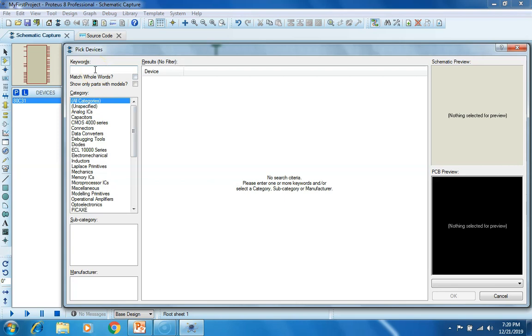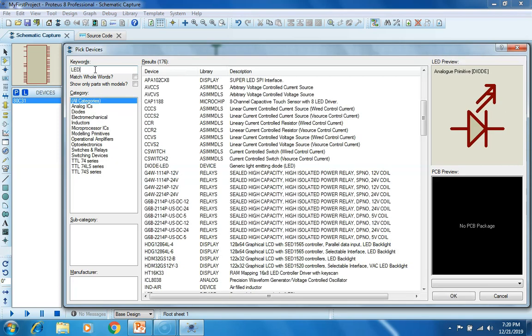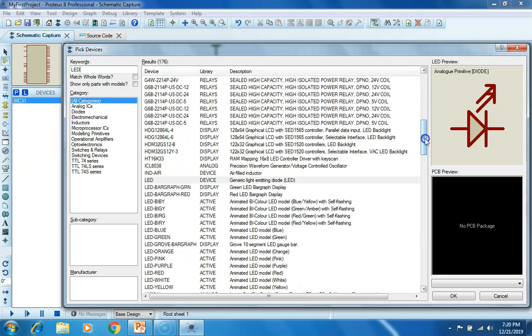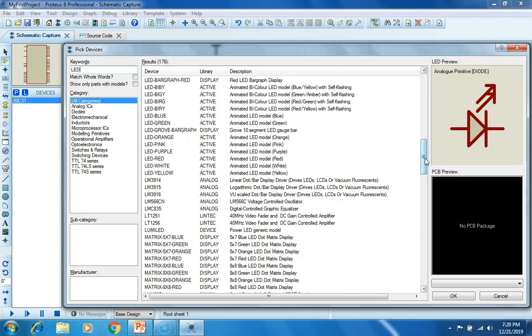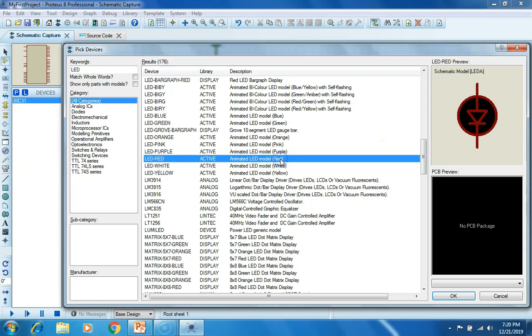For example, we want to blink the LED, so varieties of light emitting diodes will appear here. From that, select the desired LED. Let us select the animated LED model of red color. Click on OK.